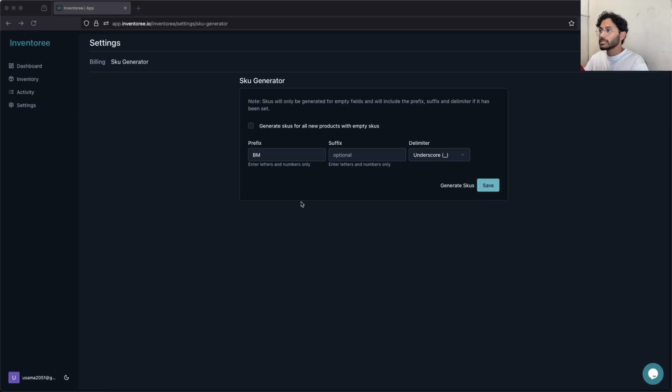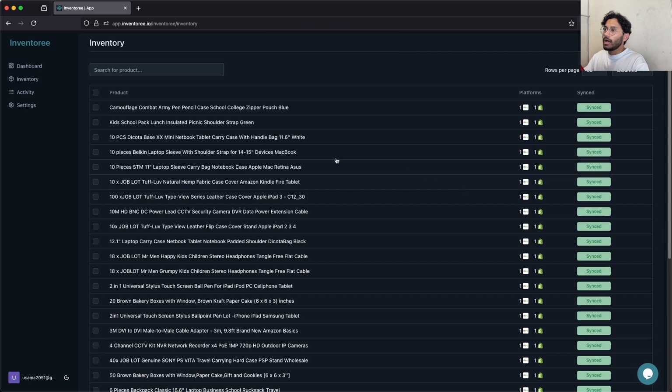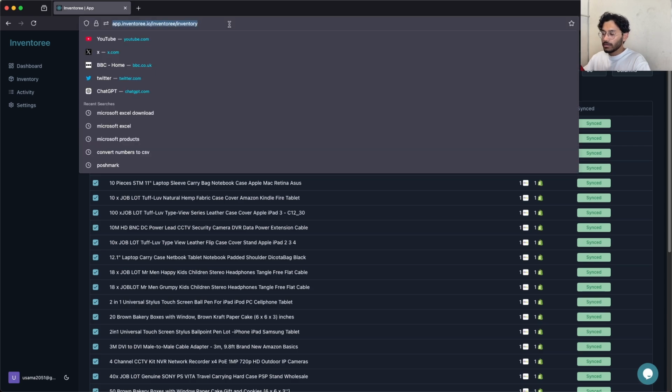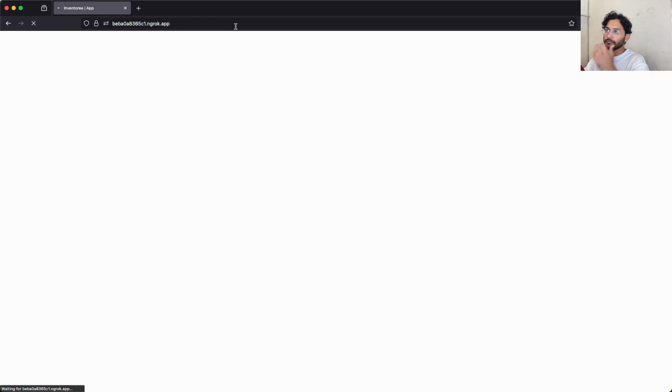This is the initial version of the SKU generator that I mentioned before. And just like before, I just have a bunch of basic things such as the prefix, suffix, and delimiter, which basically generates SKUs based on this information. And in the product page, it just has the product, platforms, and sync status. And then you can sync based on that. Now, if I go on the development environment,